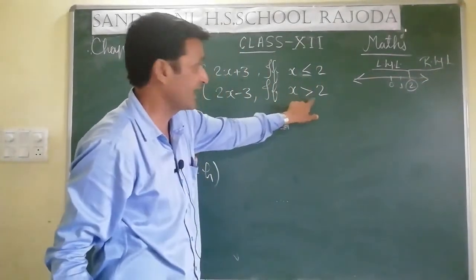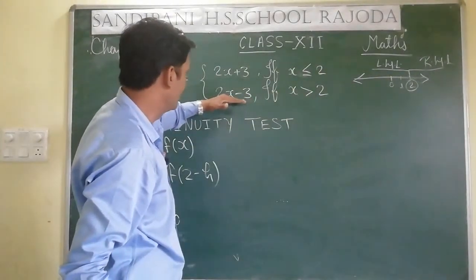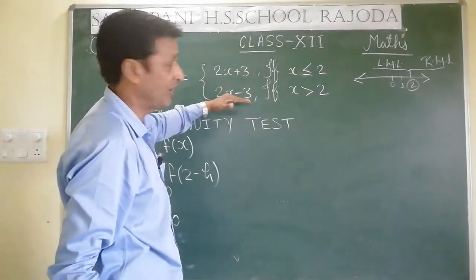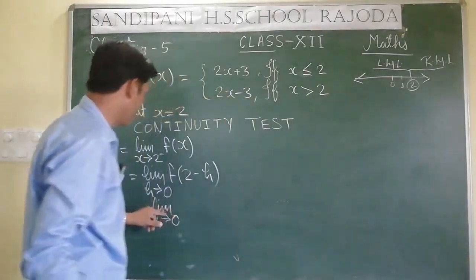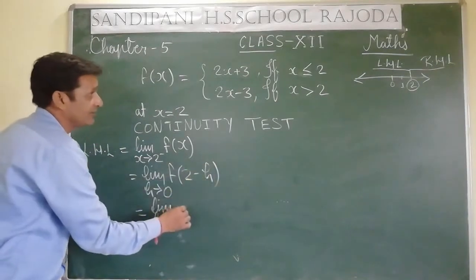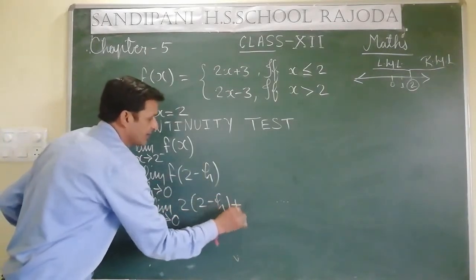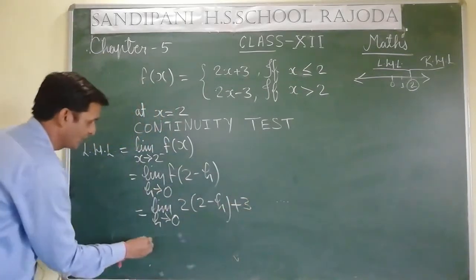So 2 plus means x is greater than 2, so we have to put function's value as 2x minus 3. So now limit h tends to 0, f of 2 minus h means 2 into 2 minus h plus 3, that is equal to,